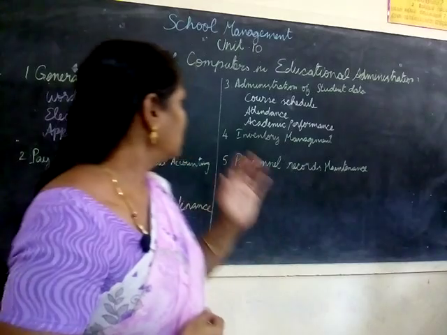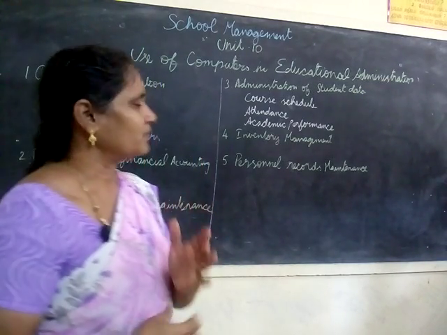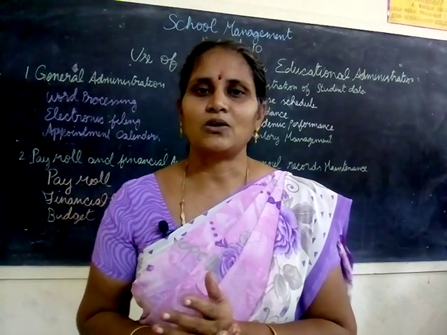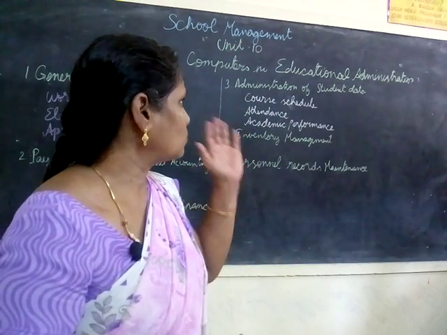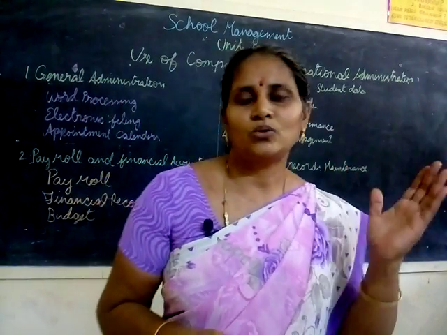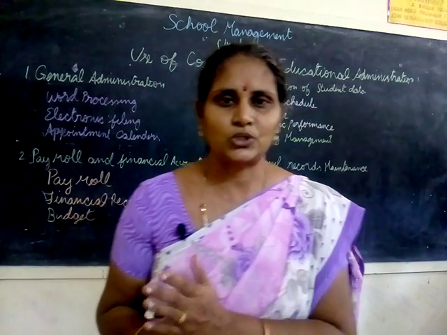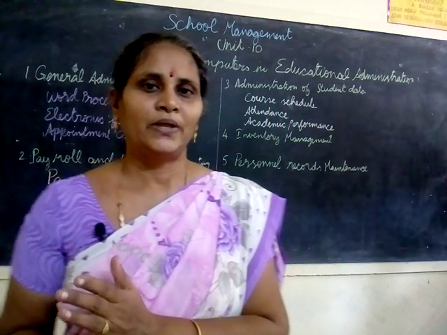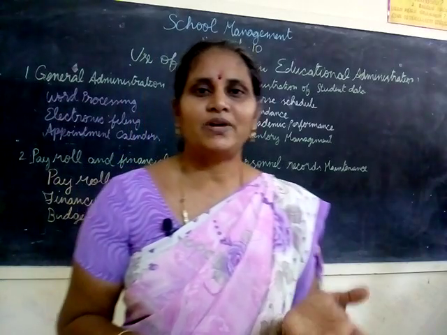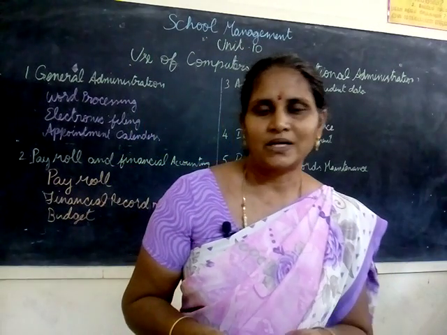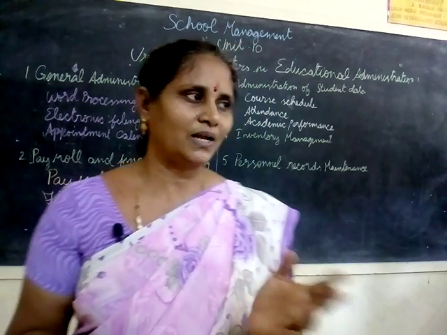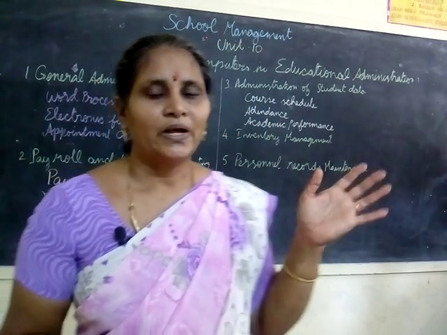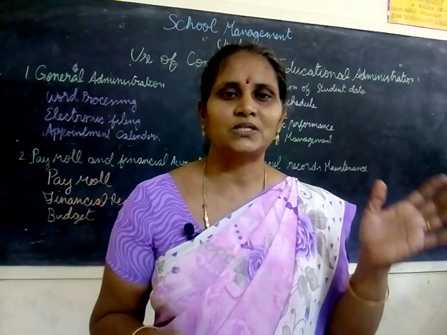The third one is administration of student data. Here the student data are also registered in the computers, as well as the course schedule. So when the course is going to start and when it comes to an end. For example, if it is a college undergraduate course, 3 years, PG means 2 years. So we can have a course schedule, and when we are going to have examinations